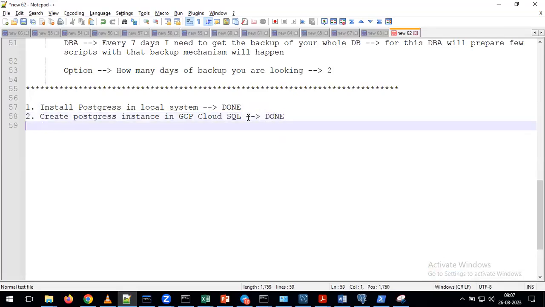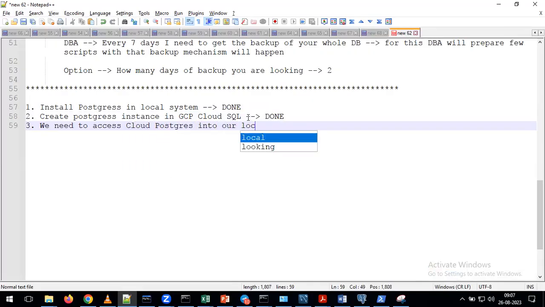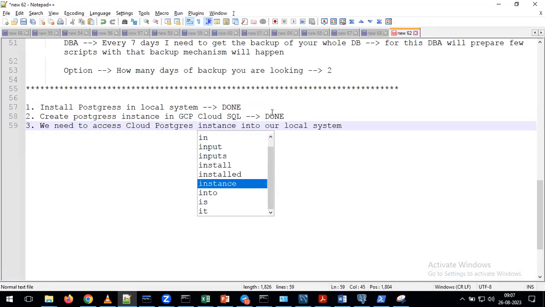Okay. Now, third step, we need to access cloud Postgres in our local system. So what is the requirement here? I want to access the cloud Postgres instance from our local system.